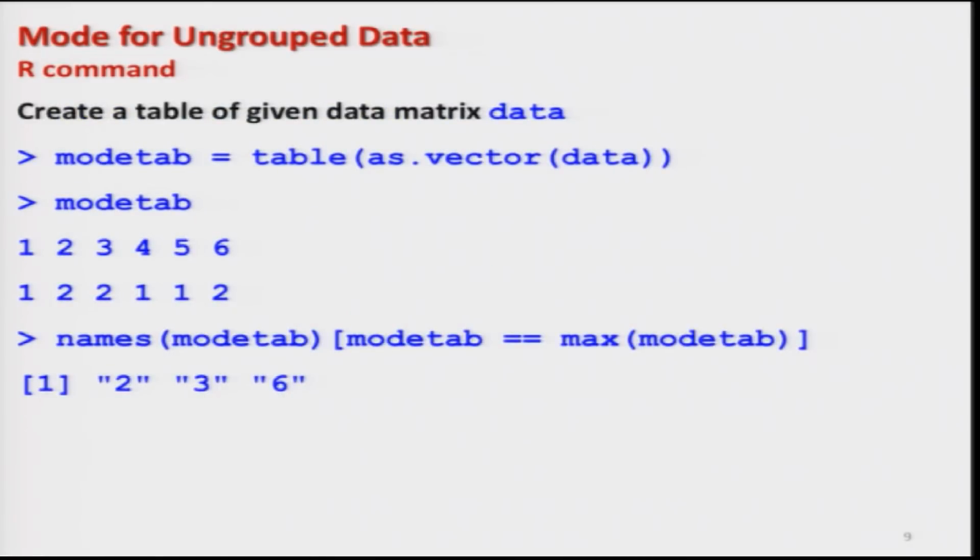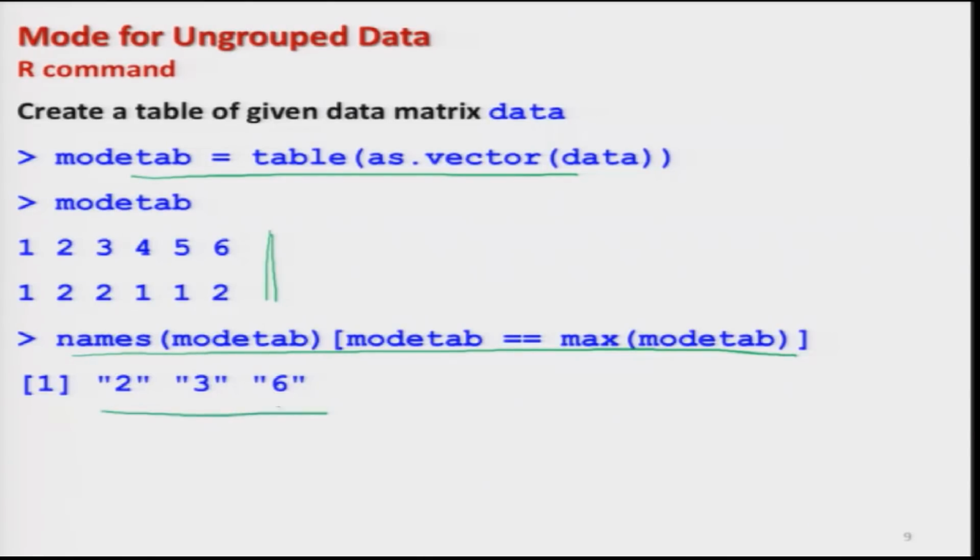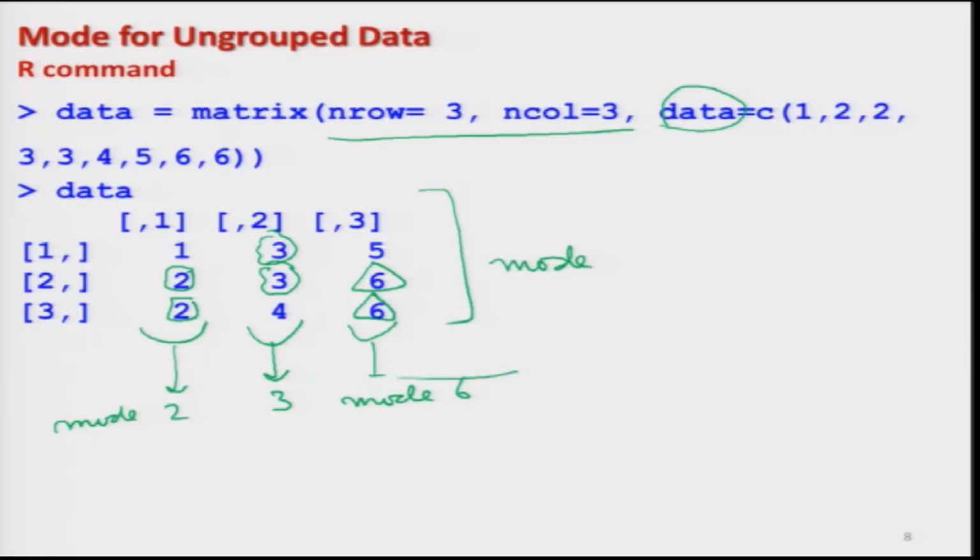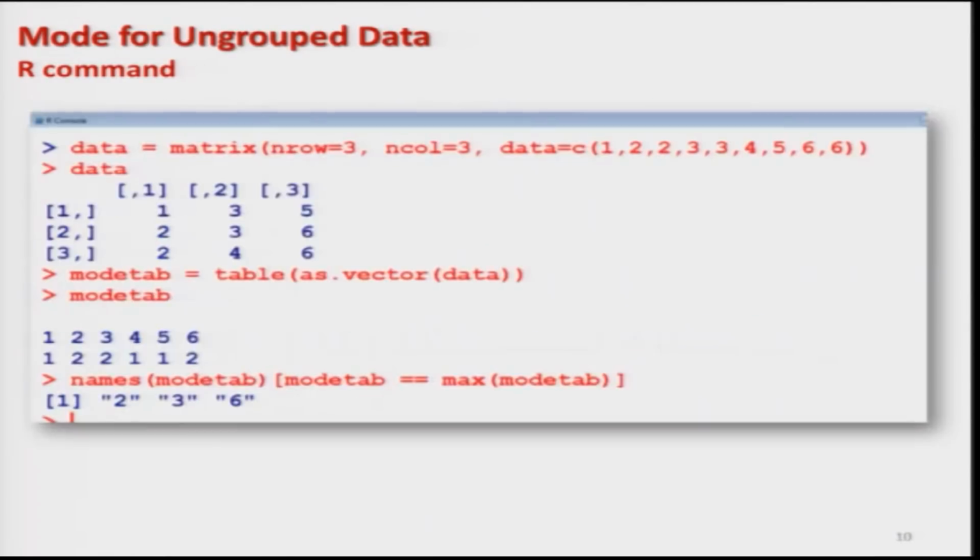So I try to do the same thing. I simply copy and paste the same command. You can see I am using the same command, but now it is giving me this type of value, and then I use the command in the second step, and it gives me an outcome 236. You can see this 236 is the same as what you had obtained manually, 2, 3 and 6. So my idea was simply to inform you that this data can be a data vector or a data matrix, and here is the screenshot of the same operation that we have done.